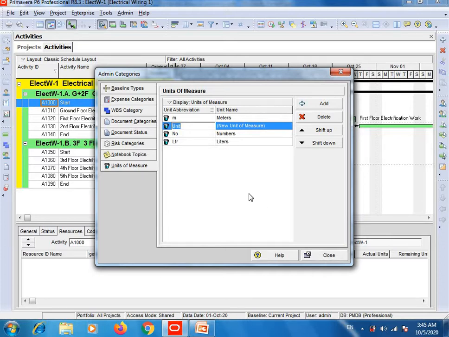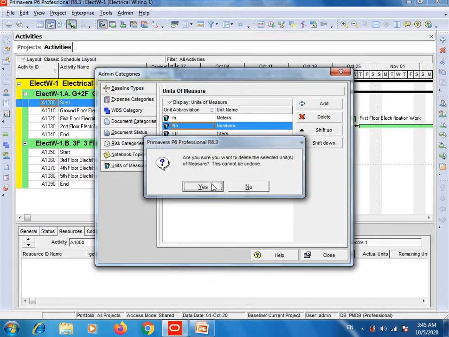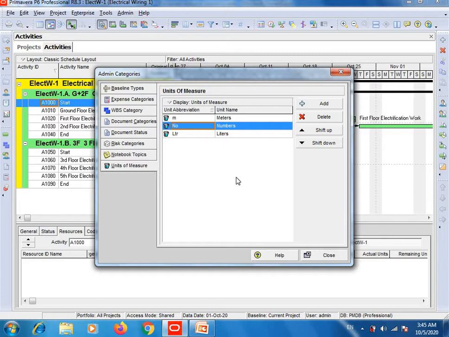So your unit will be added. As I already did entry of these two important units, I don't need to do the re-entry or add this unit twice. So delete this. After adding units, then you will click on close.